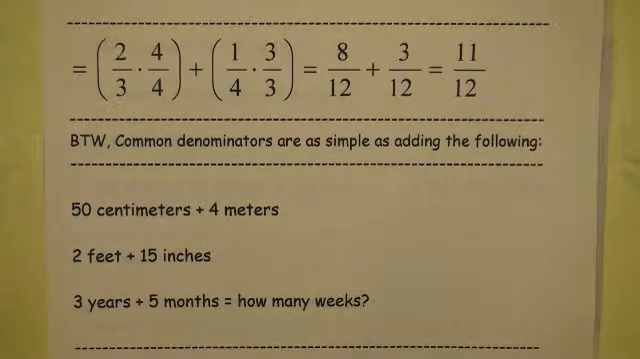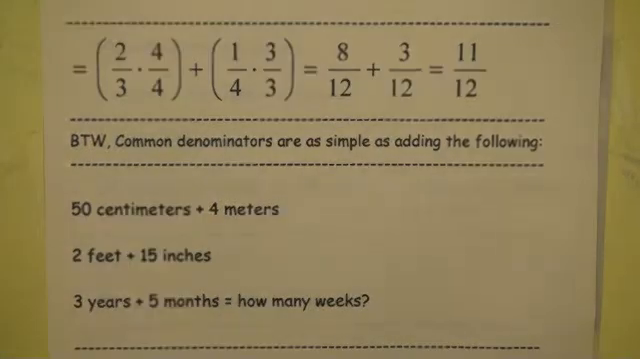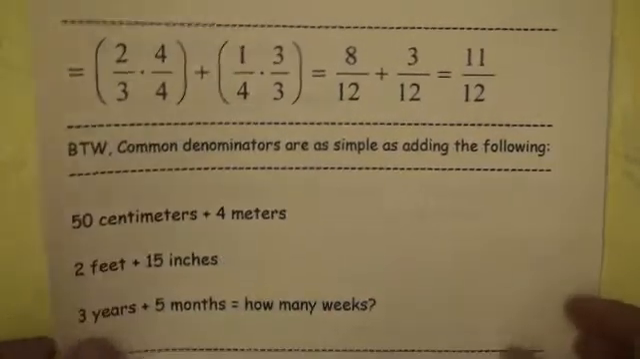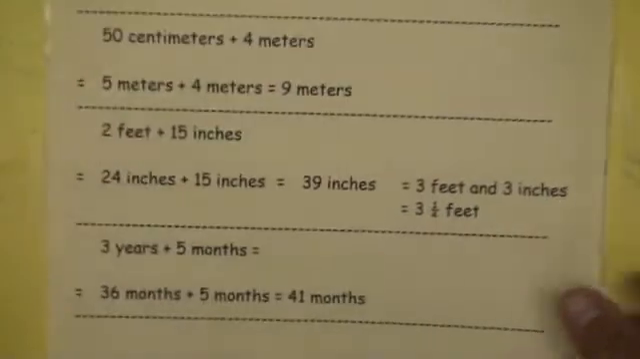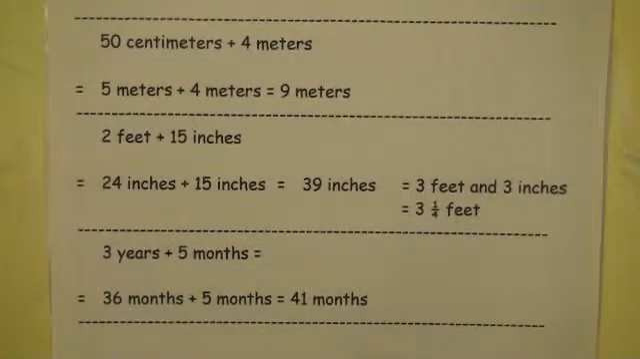Common denominators are as simple as doing this. 50 centimeters plus 5 meters, we cannot add those. We cannot say 54. That's definitely not true. We would want to convert the centimeters to meters. All right? Same thing with the feet plus the inches. We have to change these. All right? So 50 centimeters plus 4 meters becomes, well, 5 meters, because there are definitely,